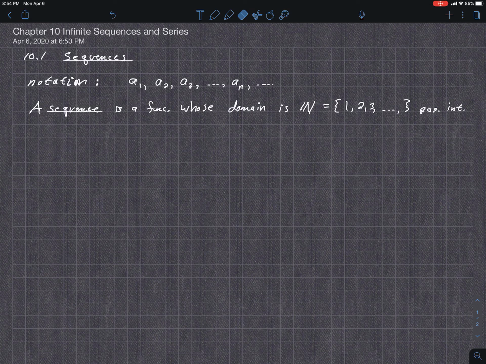So let's get rid of that. I don't really need that now. So the notation looks like that. We use a usually for terms of a sequence, or maybe b, and then you have subscripts like this, 1, 2, 3, etc. So this is the definition. Let's put it like this as a definition of a sequence. So a sequence